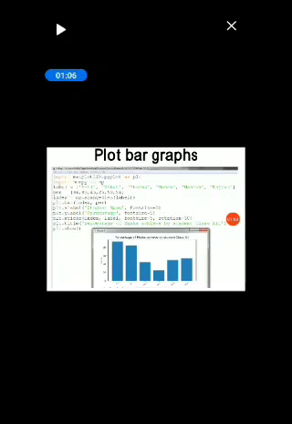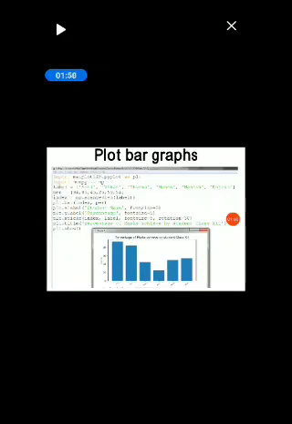First, don't forget to import the matplotlib library. So write the statement import matplotlib.pyplot as plt. Now set the labels. I'm taking a list, naming it label, and putting some names inside it: Anil, Vikas, Dharma, Mahe, Manish, Rajesh, etc. And then the percentage list, in which all the percentages are written: 94, 85, 45, 25, 50 and 54.